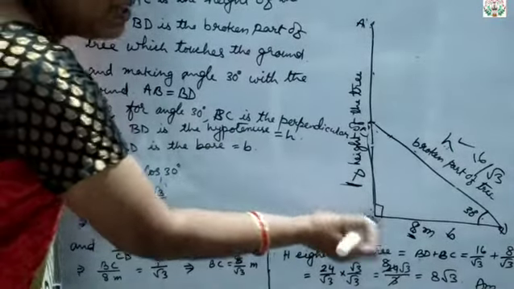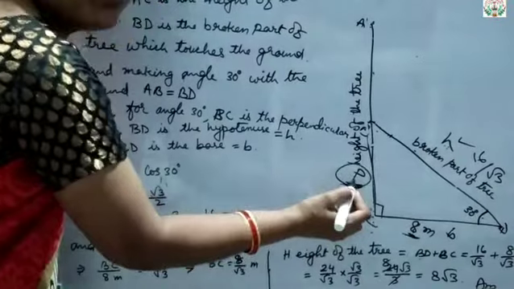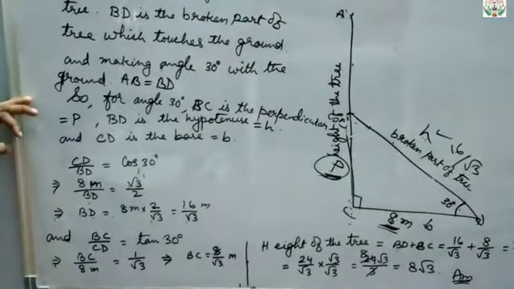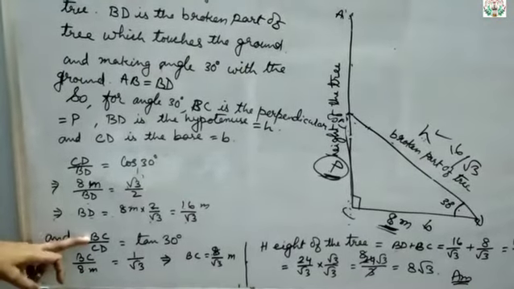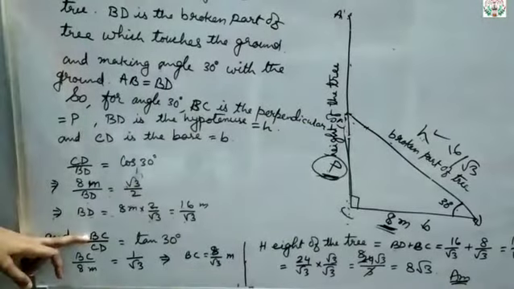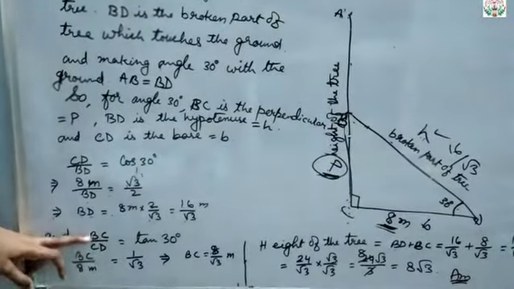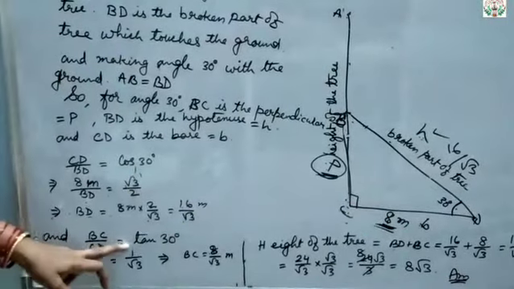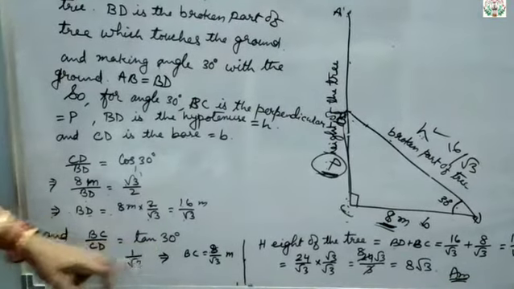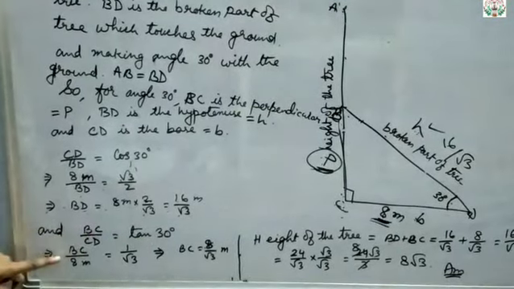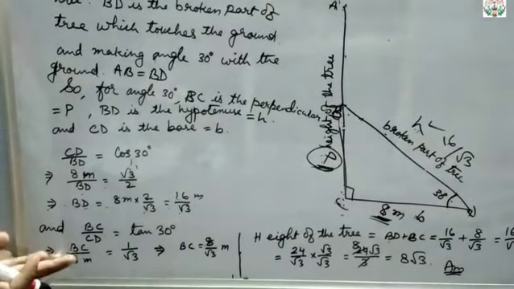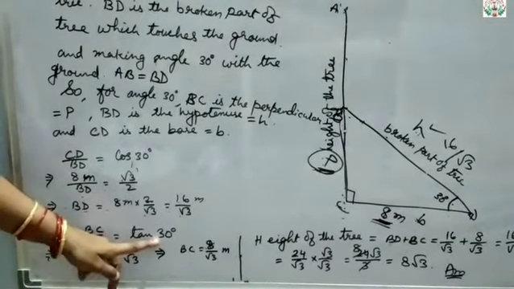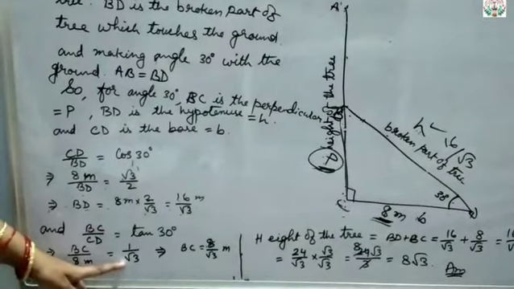So now P is to be found and B is known to us. Then which trigonometric ratio will you use? That is tan, P by B. So P means what? BC. This is B, so BC upon CD, base, P upon B, equals tan 30. So implies what? BC is not known, because we have to find that. And CD is given as 8 meters, equals tan 30 value, which is 1 upon root 3. Clear?